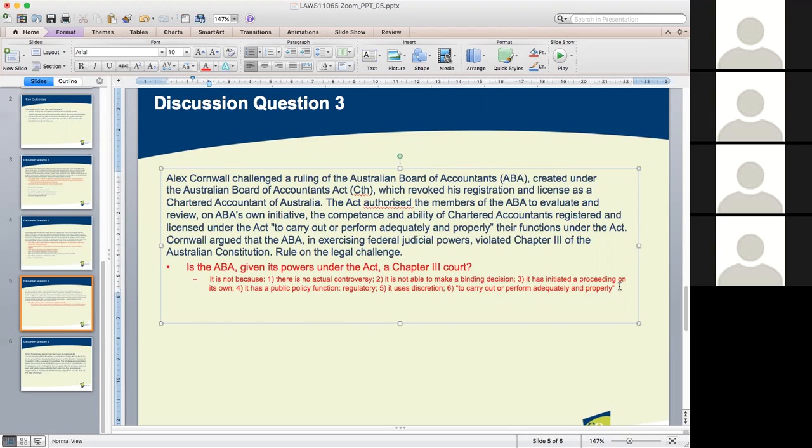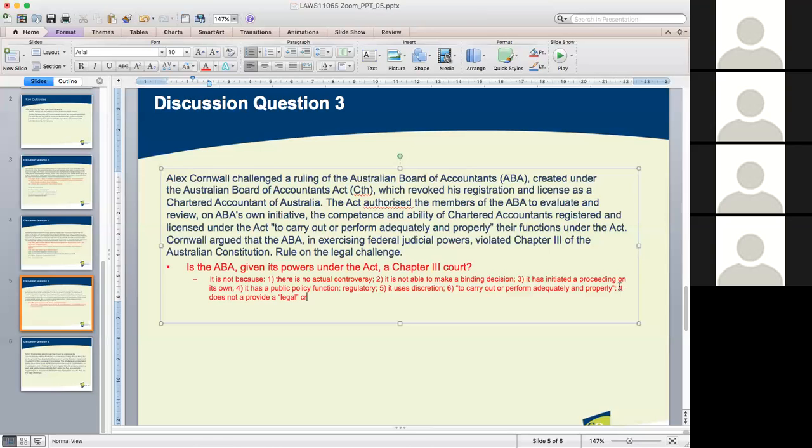It's not the fact that it's broad. In fact, it's very possible for the legislation to define what is adequate and what is proper. So it can be very specific. And in fact, there is a legal meaning to what is adequate and what is proper. That is accepted already. We know what is adequate and what is proper. But what's the point? It does not provide